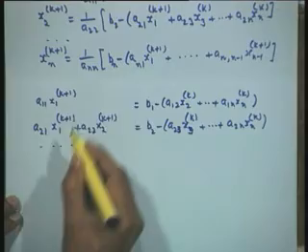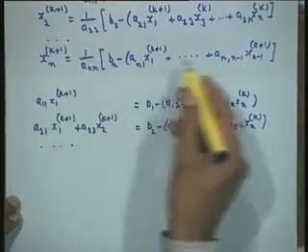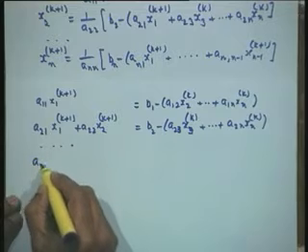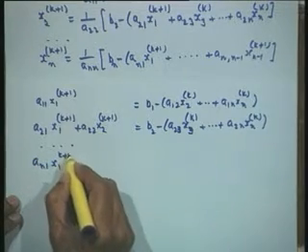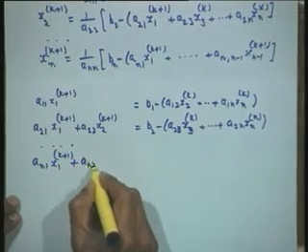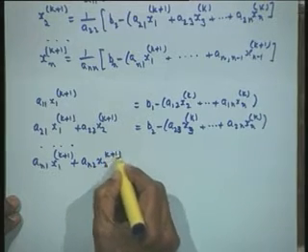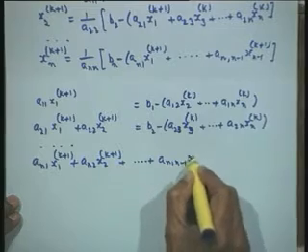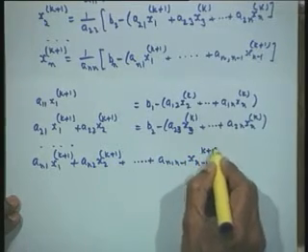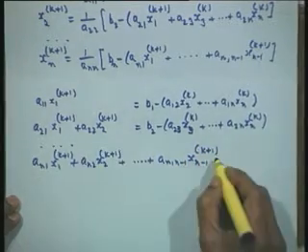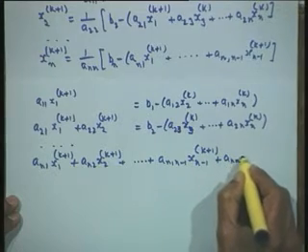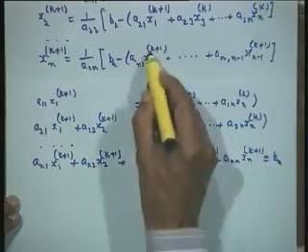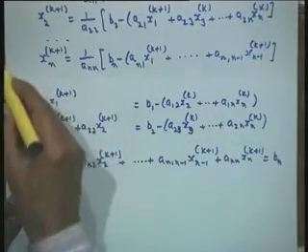Now, if I go to the last equation, all of these terms belong to the current iterate, so all of them come to the left hand side. So I will have a_n1 x_1^(k+1) plus a_n2 x_2^(k+1) plus so on, a_n,n-1 x_(n-1)^(k+1) plus a_nn x_n^(k+1) is b_n. So all of them are current iterate only, so all of them will come to the left hand side.